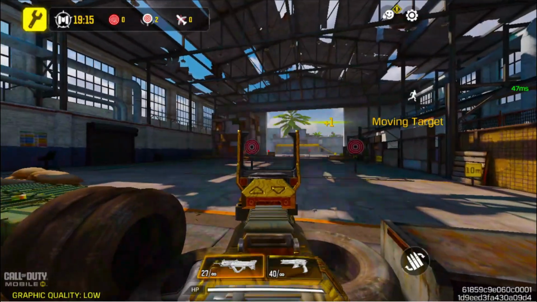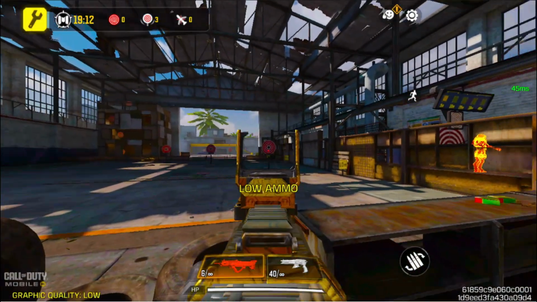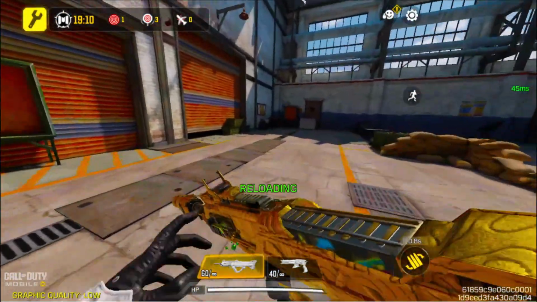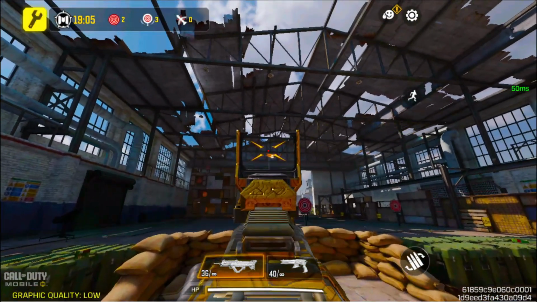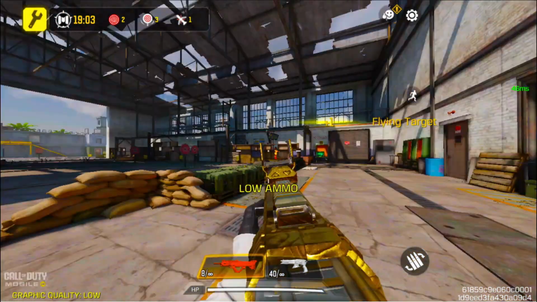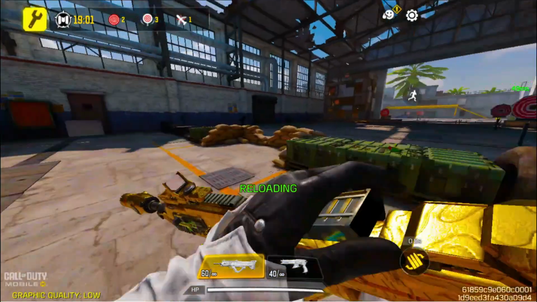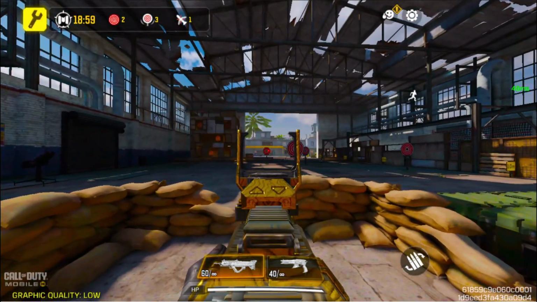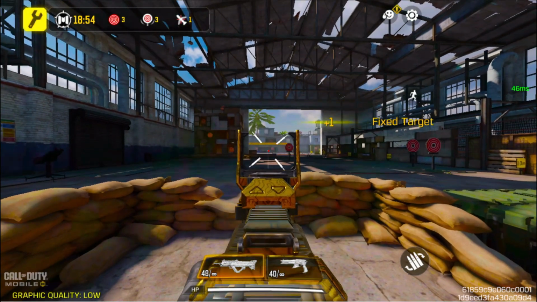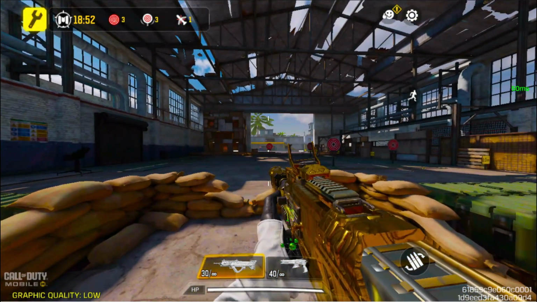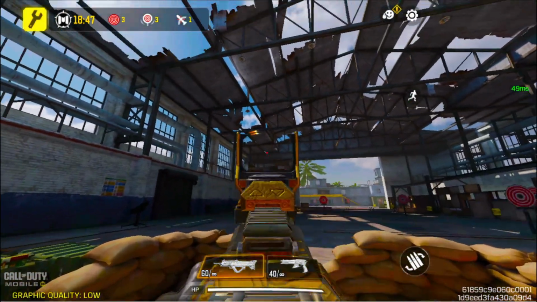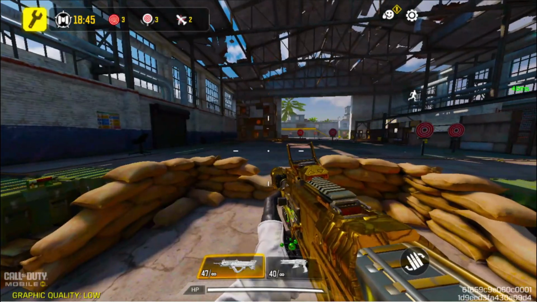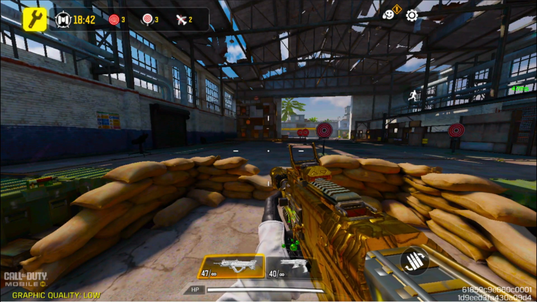So just as you can see, my sensitivity is working perfectly. In your case, if it's not working, then you can customize your sensitivity if you need to, okay. I've set my sensitivity to 155, so it's working pretty good for me. I hope it will also work for you. And the same sensitivity you can apply in your battle royale mode, and you can also check it inside your battle royale